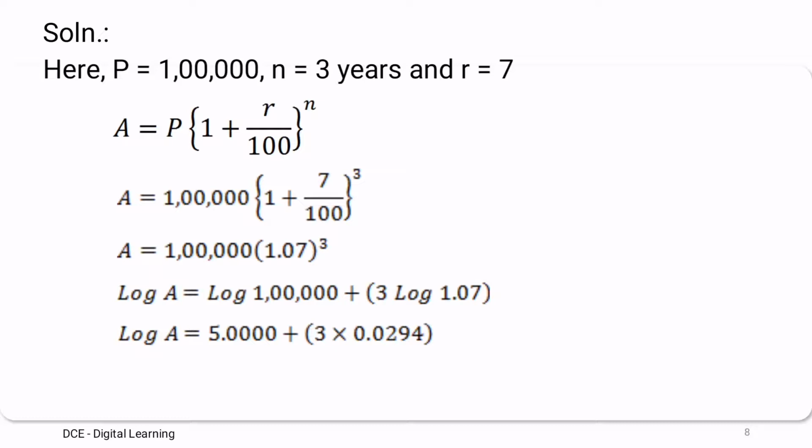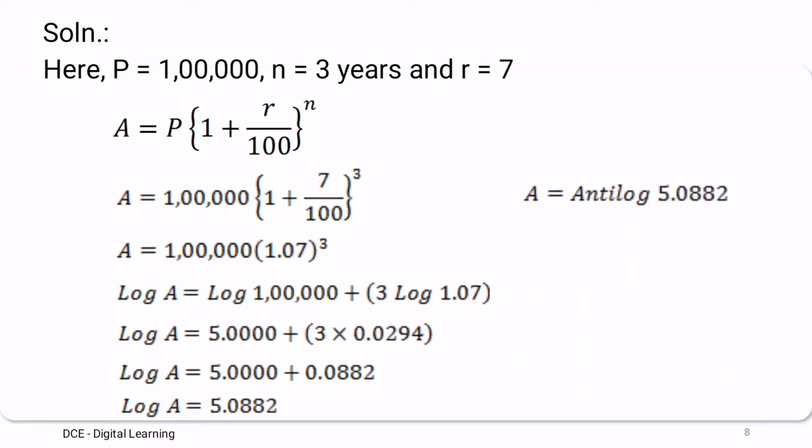In the number 1.07 there is only one integral digit. So 1 minus 1, 0 will be the characteristic, and mantissa for 107 is 0.0294. So now if you multiply 3 into 0.0294, it becomes 0.0882. So 0.0882 plus 5, this becomes log of A equals